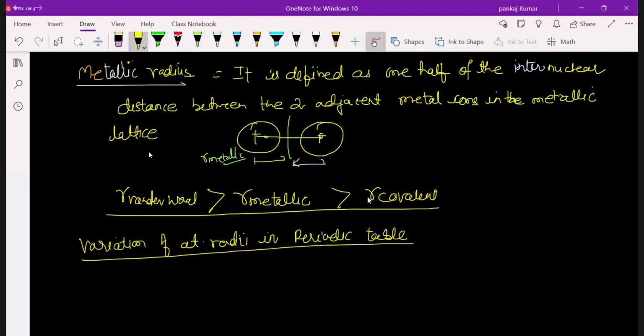No. I'm comparing. We are comparing on the whole for all atoms. Every time, van der Waals is always the bigger atom, and covalent radius will always be the smaller atom because they're bonded now. Sir, is metallic radius applicable for heteroatomic also? Heteroatomic in metal, how will that be? Metals are elements, not compounds.